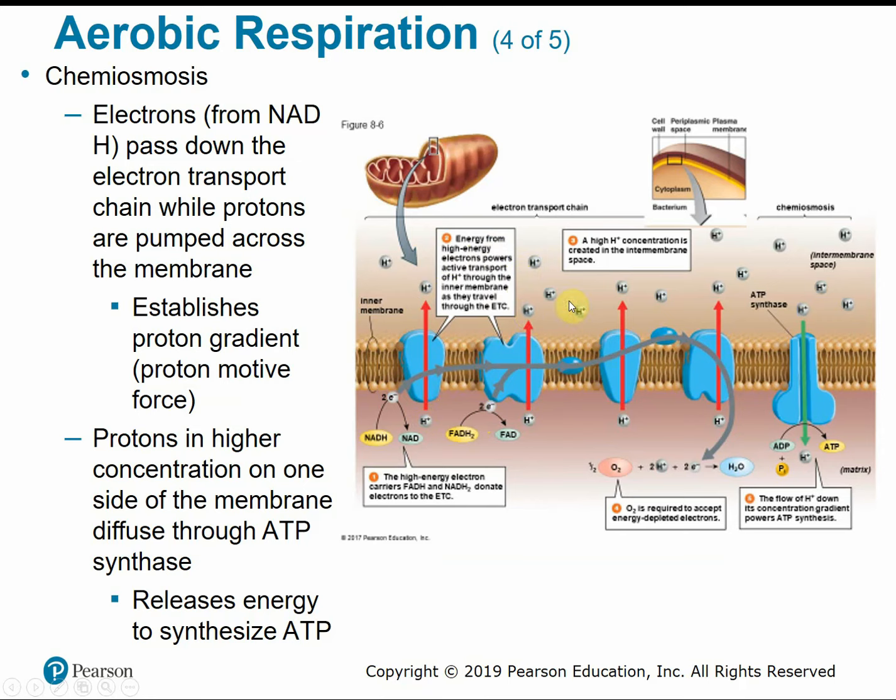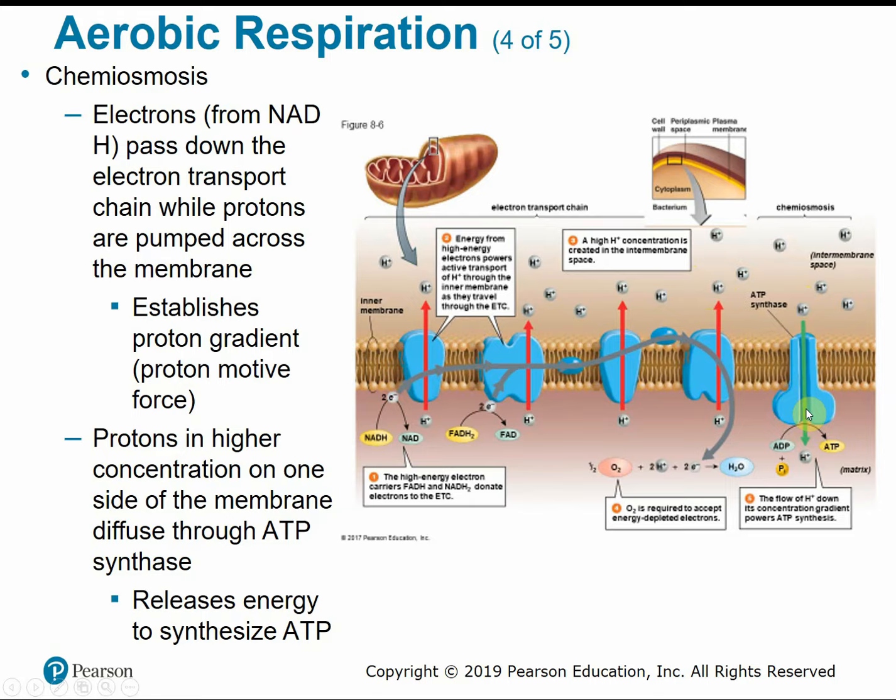Now we've established a high concentration gradient of hydrogen outside compared to inside. By the law of natural passive diffusion, we want to go from high to low. So these hydrogens will now diffuse passively, meaning with no energy, through our ATP synthase enzyme. The flow of hydrogen down its concentration gradient is going to power ATP synthesis, much like how water flowing can power a